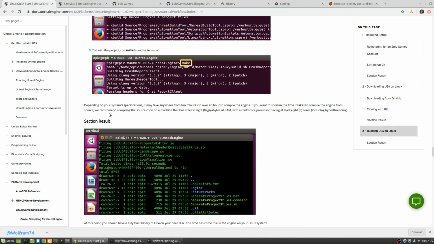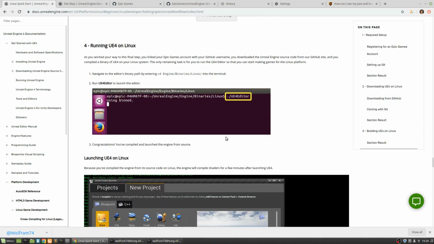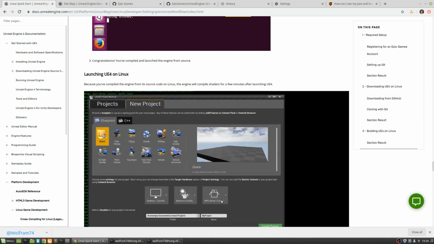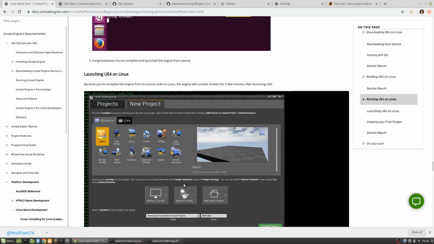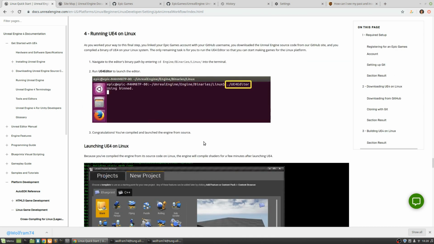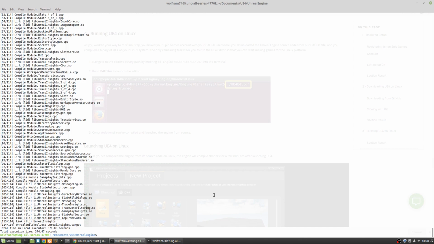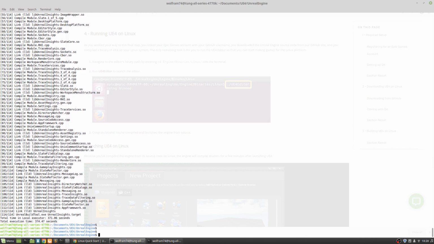The final step is just to make sure that it builds. And then the next steps would be just running the editor and then getting familiar with it. So just as a quick sanity check, I'll run the editor if I can find it.